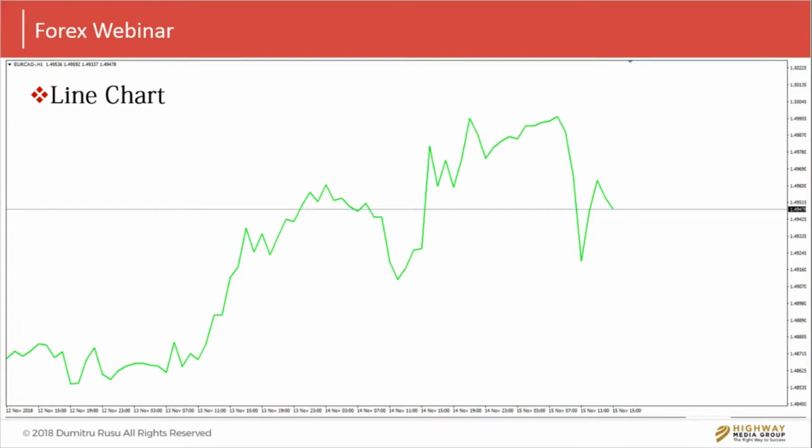So, first in our list, it's line charts. Now, the line charts in Forex are designed to connect a single price for a specific period of time. Among the most popular of line Forex charts is the daily chart. The majority of Forex traders pay attention to the closing price, which, by the way, they recognize as the most